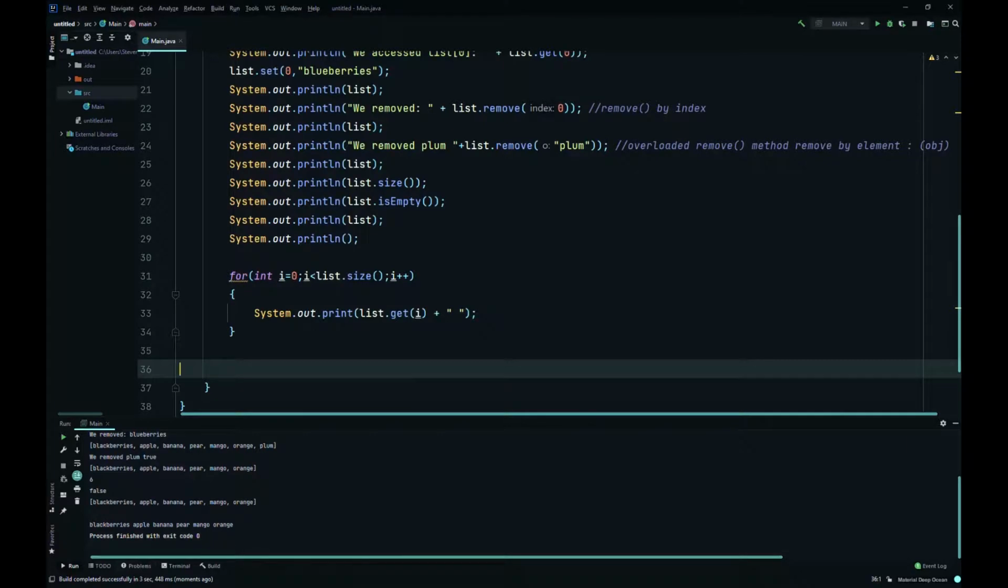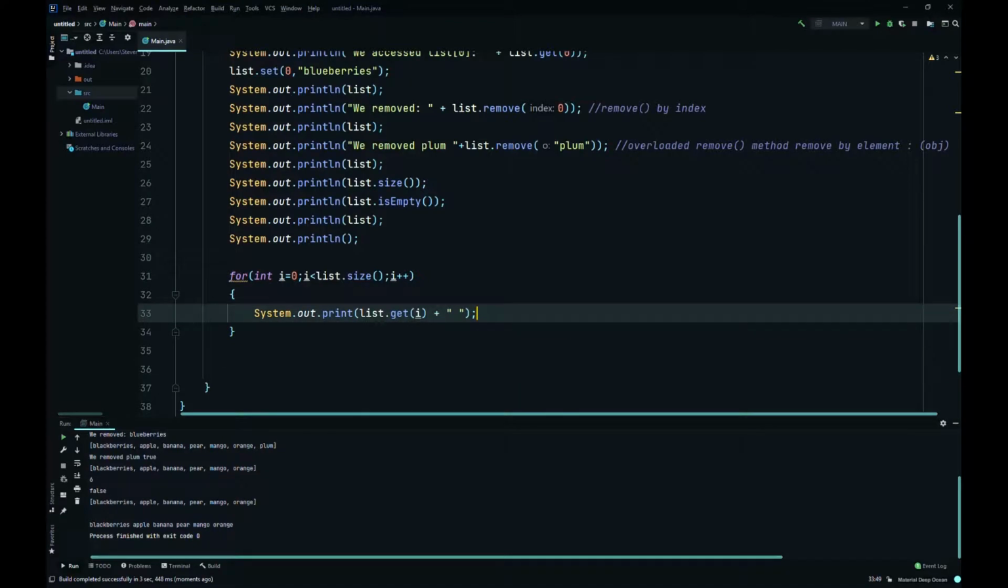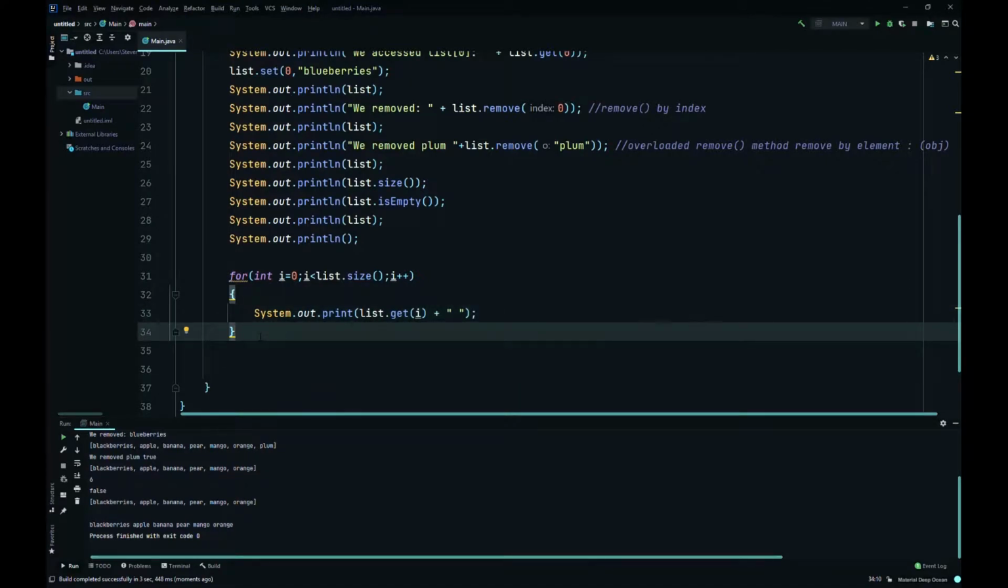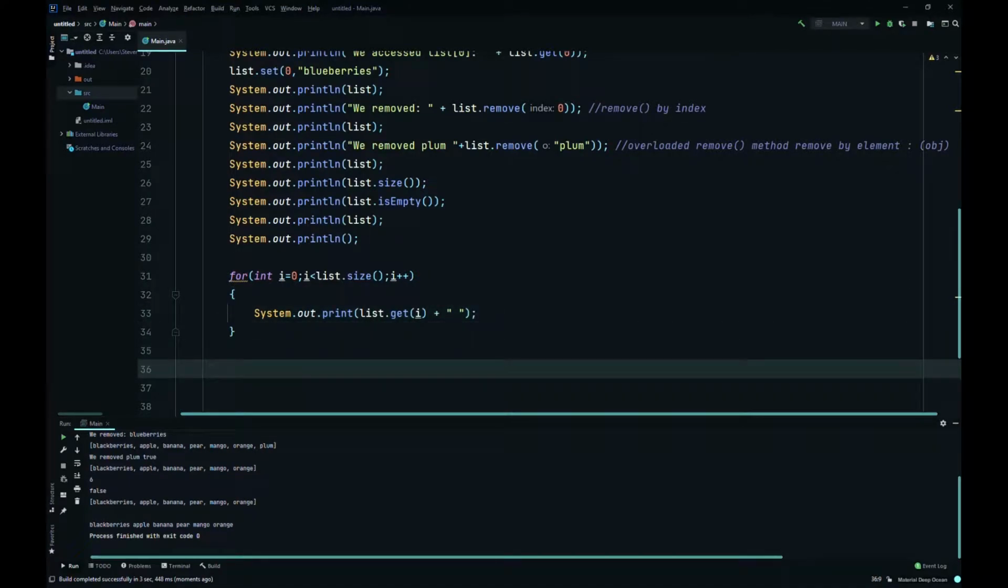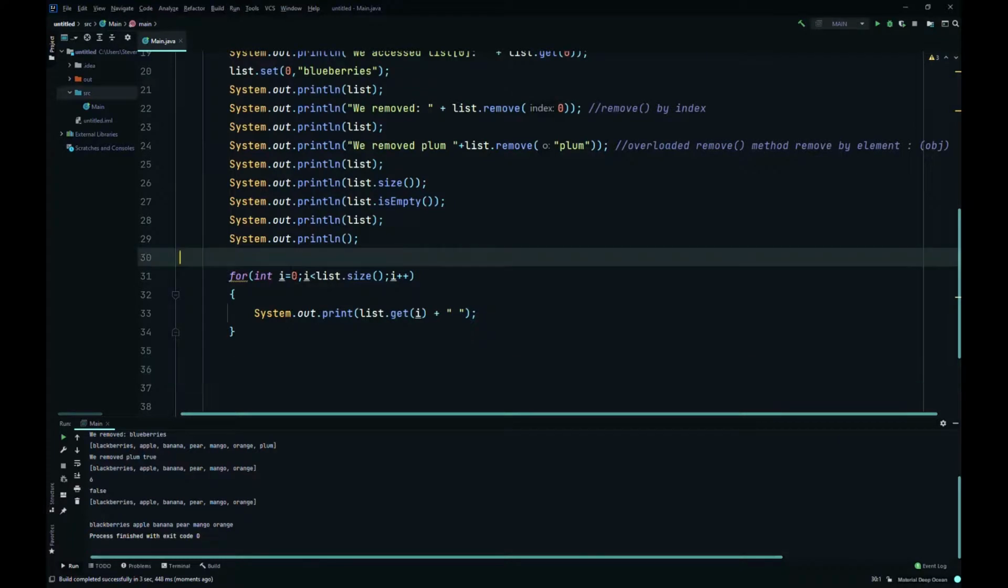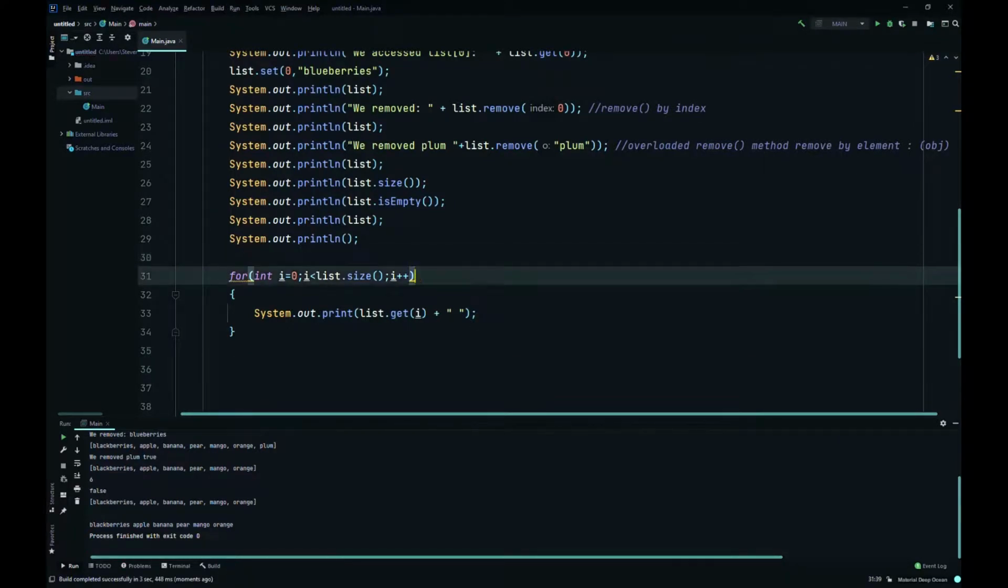So it has printed it out without the brackets, but it still prints it out. You could just kind of add those in if you wanted to, but it's okay. So here we'll just say iterate through array list with for loop,